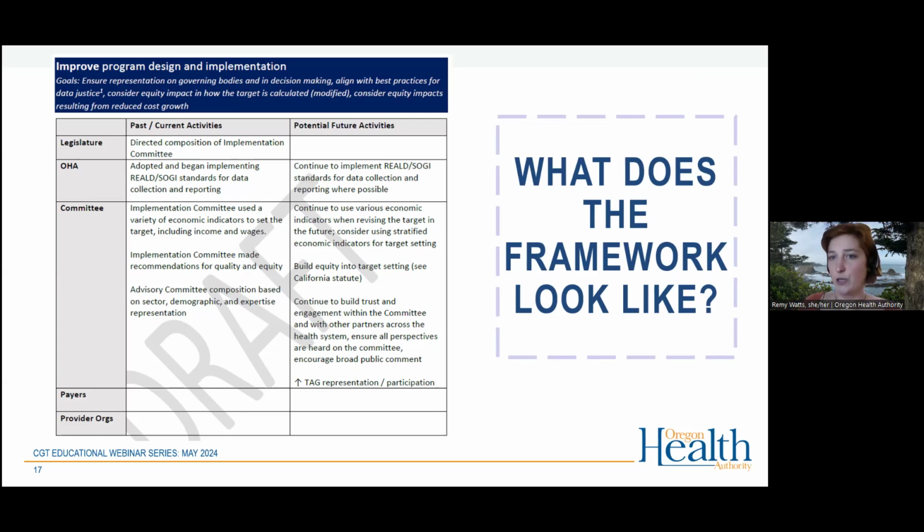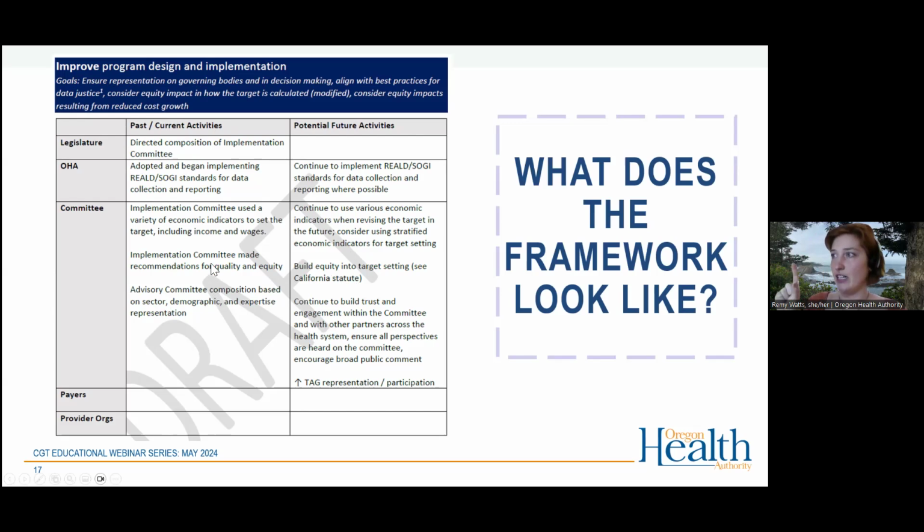So this is just a screenshot of the first goal in the potential opportunities to integrate equity section. If you're looking at the top, there's always going to be the goal at the top of the page, and then there are several strategies that can meet this goal. And then there's a table below every goal that has past and current activities and then potential future activities listed out for the different players in the system. So the legislature, OHA, the committee, and then payers and provider organizations. Once again,